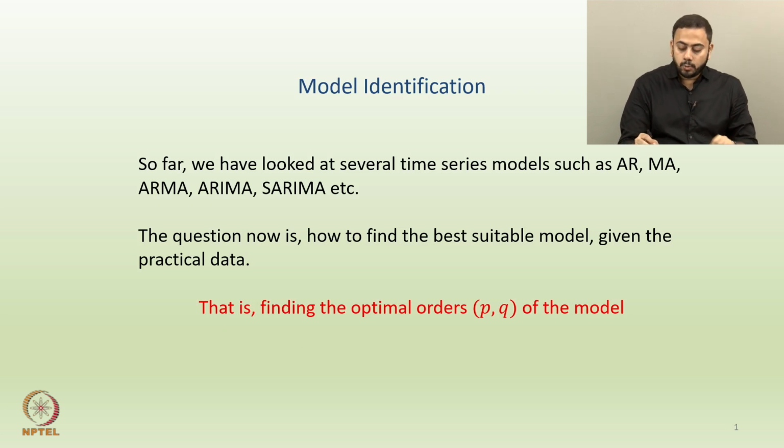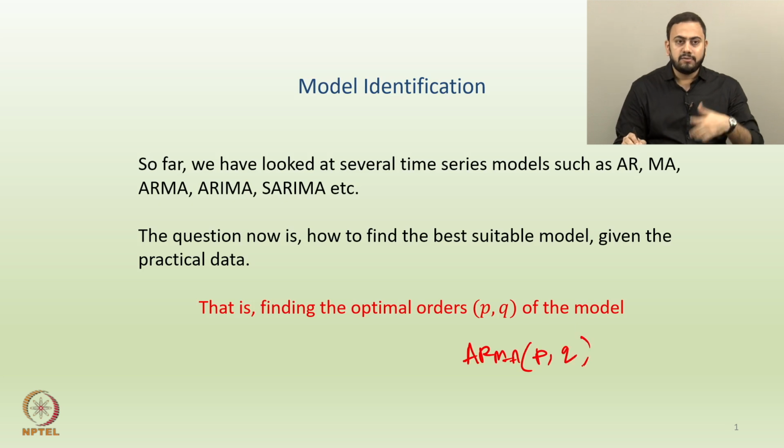Why are we saying P and Q? Because if you have an ARMA process, all of you know that it depends on two orders, P and Q. And of course ARIMA depends on three orders, P, D, Q. But that middle order D comes from the number of times you difference the series, so essentially these two, P and Q, are the important ones. So how do you identify the optimal P and Q, or the optimal lags up to which one should extend the AR part and the MA part? We'll talk about a few techniques in this regard.